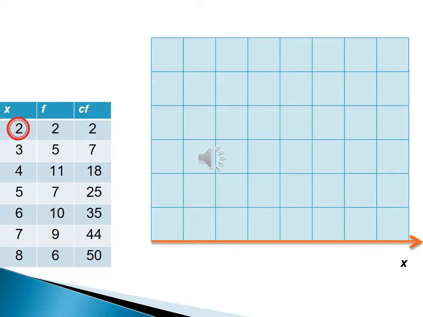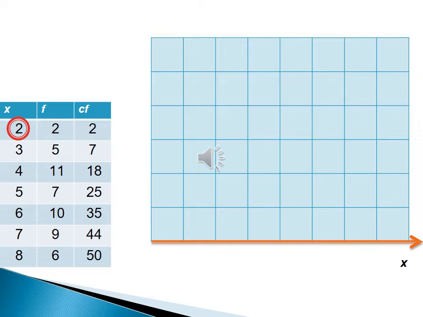Also, the check is that the cumulative frequency last value is equal to the sum of f. Now for drawing the graph, you must have graph paper. This is the grid showing the graph paper. On the x-axis we will draw the independent values. So class marks are the independent values, and similarly we will draw the dependent values on the y-axis. So the cumulative frequency values are the dependent values,